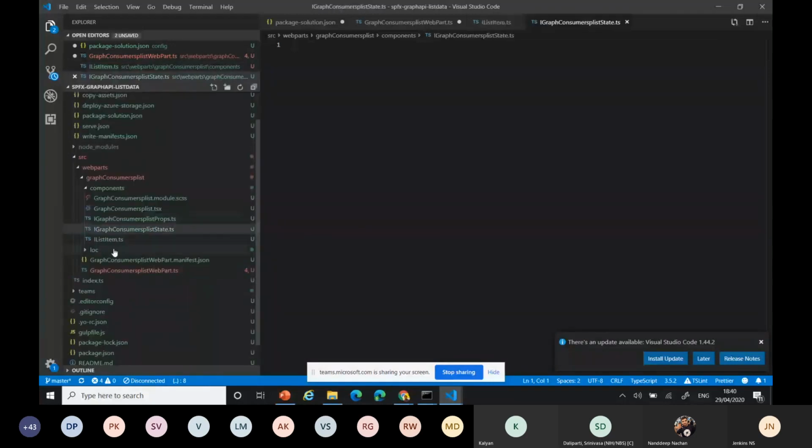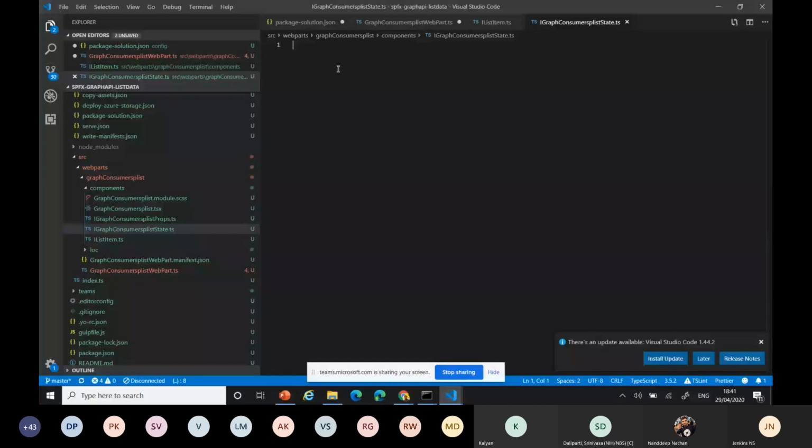Added two files. One is IListItem, and one is IGraphCustomerList with the state. I need to add the corresponding state values to manage the array and bind it to my table. That's the rendering for my web part.